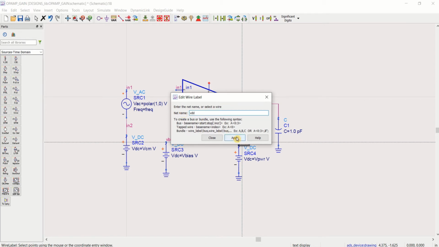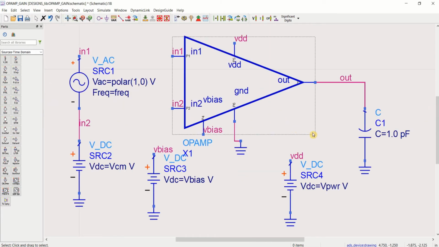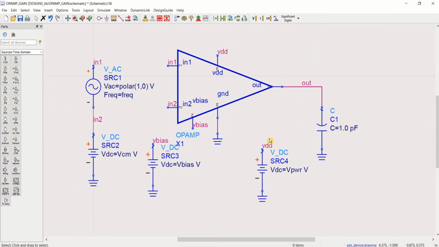Replace the 2 with VDD. Name this port with the VDD. So this is the configuration, how it should be connected.